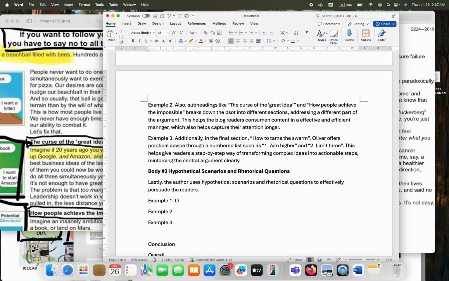And then one example is in the curse of the great idea. Where he presents a scenario